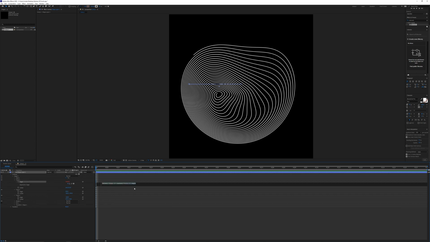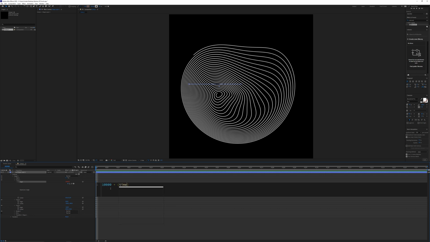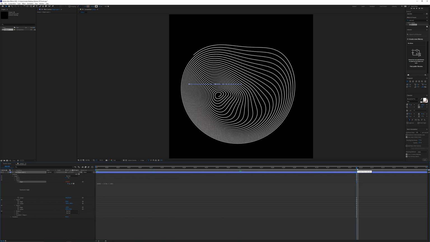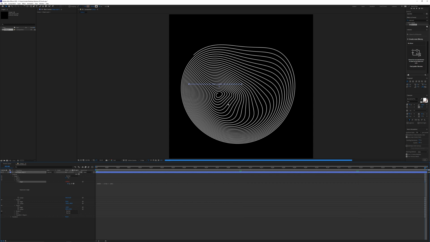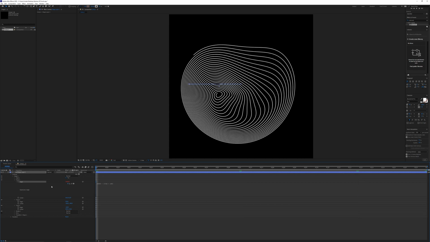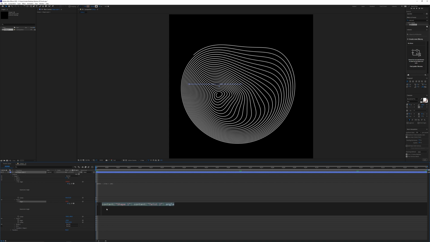Now, in order to animate these, we're going to hold down the Alt key and click the stopwatch for angle. And whatever number that you put in for the angle, you're going to type that in. So in this case, it's 10,000. Then you're going to say plus time multiplied by some value. So in this case, I'll do 100. So as we progress through the animation, more of that twist is going to kind of emit from the center. So it's going to push out the rest of the twists. I'm going to do the same thing for twist 2. So I'll click the stopwatch for angle, 250 plus time times 2. You can play around with these values and use other numbers here. This is just what I used.